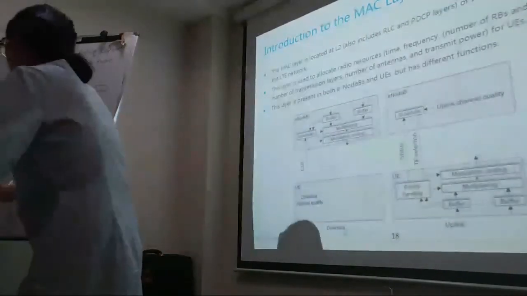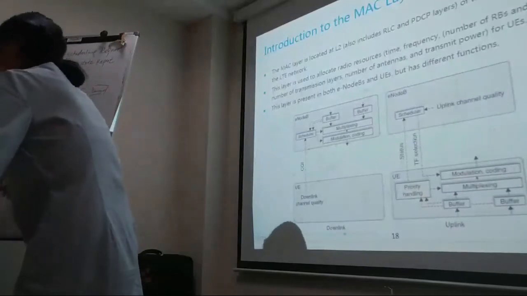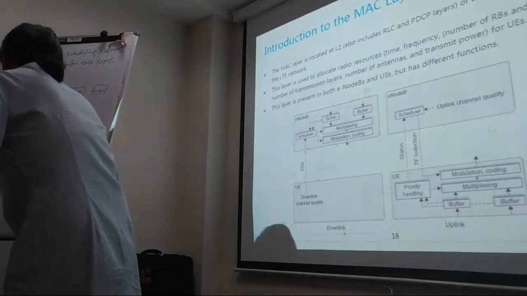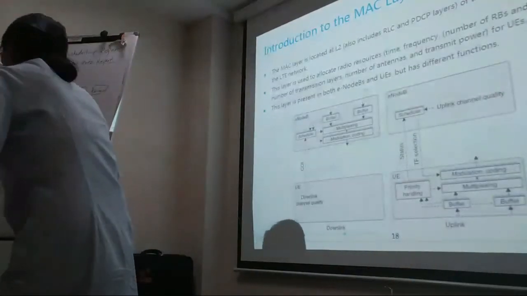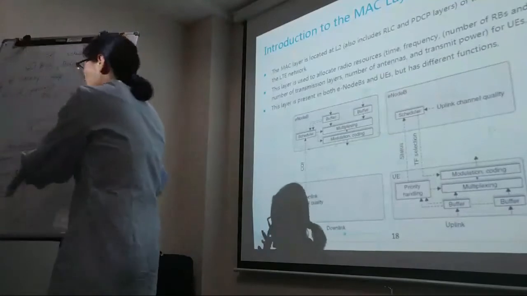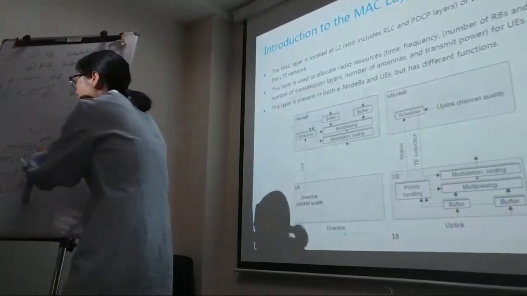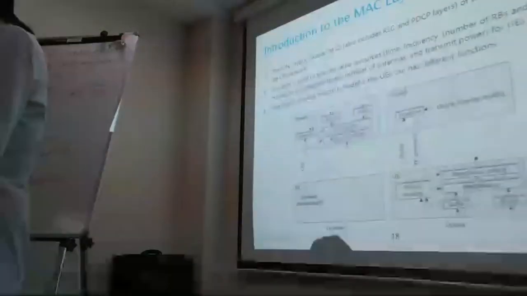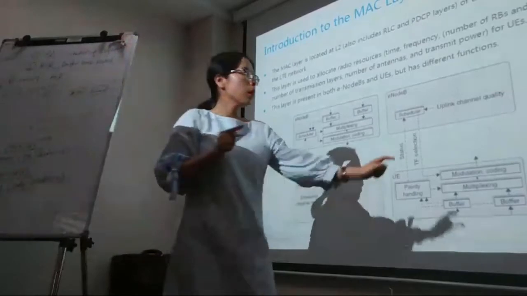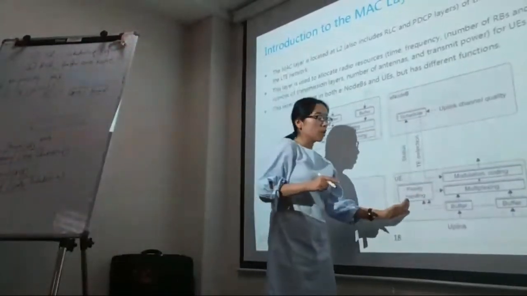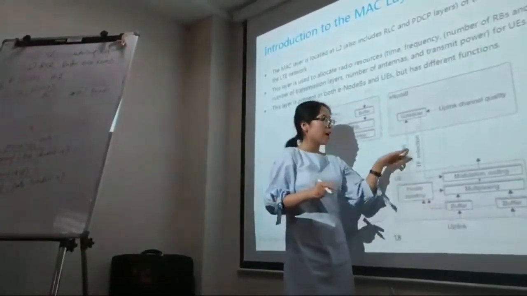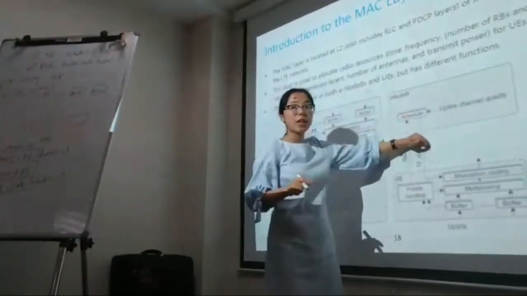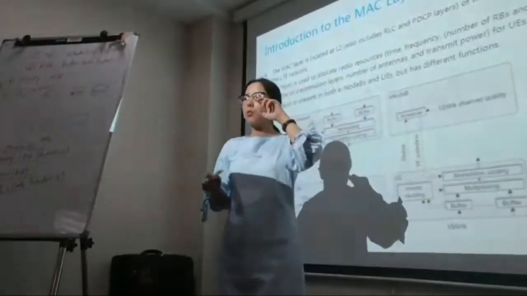Right? So this scheduling information is for the real data. Only if the eNodeB receives the BSR can it know how much data the UE will transmit. This is the first problem: the eNodeB should receive the UE BSR. If it cannot receive it, it cannot schedule the UE, and the UE cannot perform the